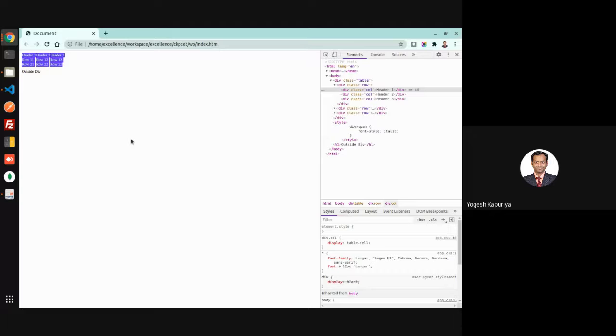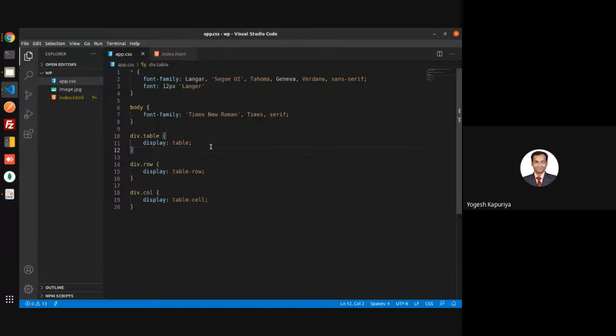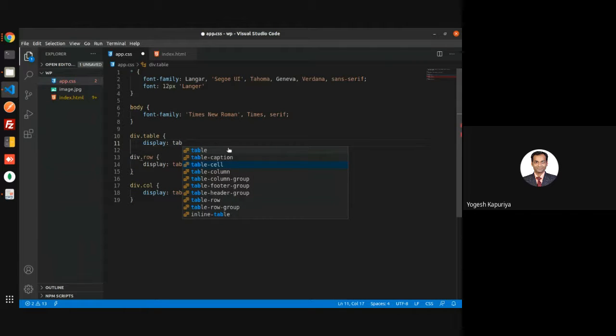So this is how you can use various display properties for deciding what will be the layout or how they will be positioned across the screen. There are a number of properties related to the various options available in a table.